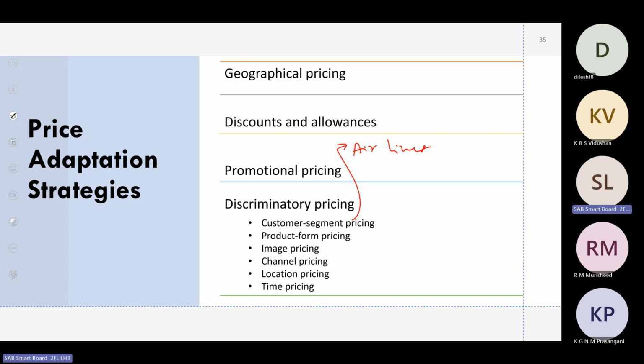If I am traveling from Sri Lanka to India, it is a different price, and from Sri Lanka to Maldives, a different price. So it has to be. Can I go for the same price for any destination? So that is possible. Here, it should be all about the same experience or same product sold to customers at different prices depending on the location they are purchasing.